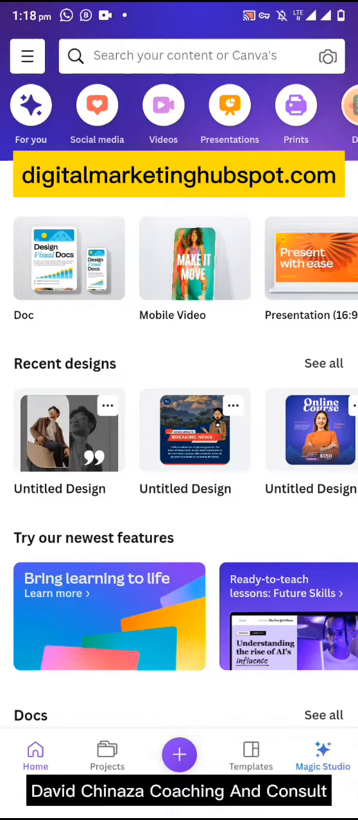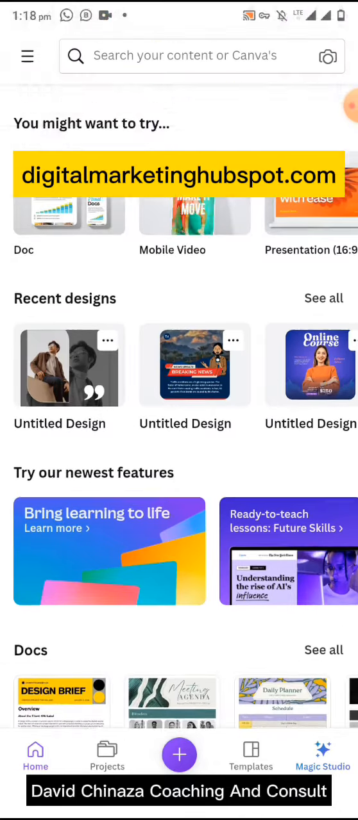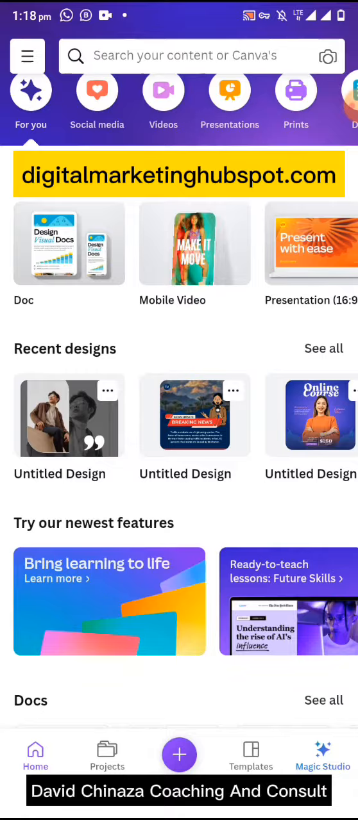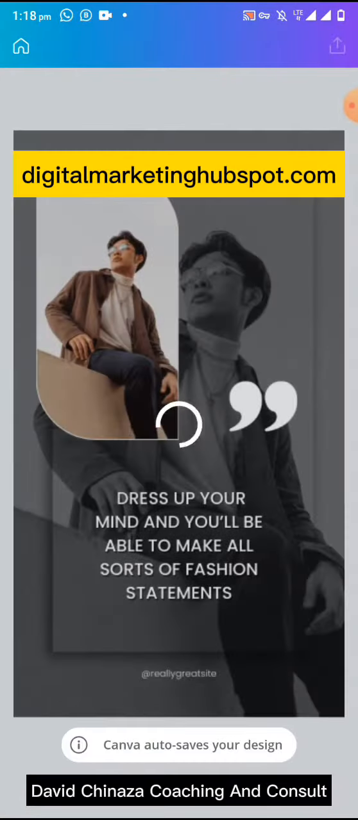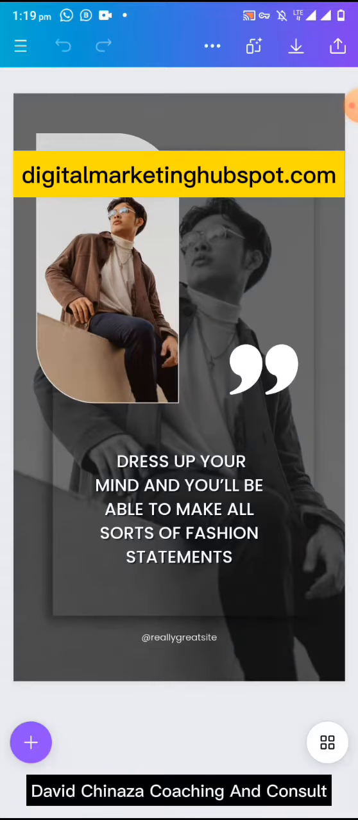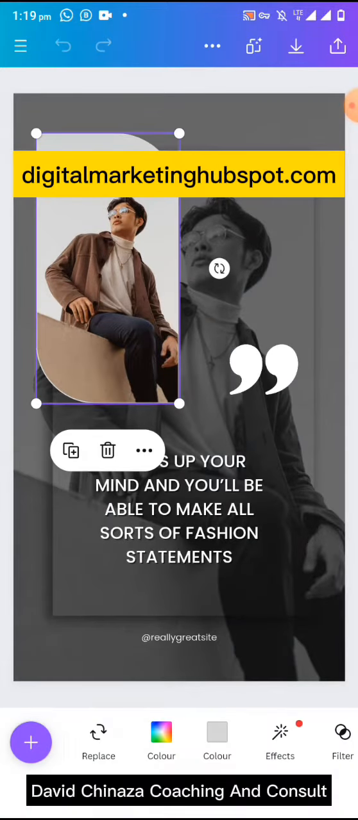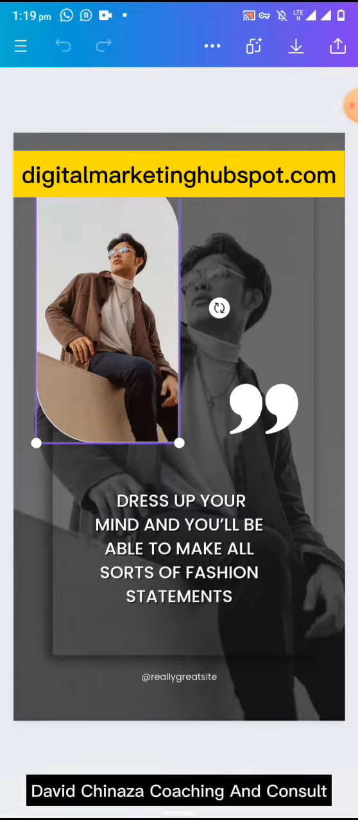Quickly open a Canva graphic project of your choice, or open an existing project that you have. Project here means existing design or existing work. So this is a graphic. When I tap on this image, you're going to see effect with a red dot. This dot means that there are some new effects added. So when I click on it,